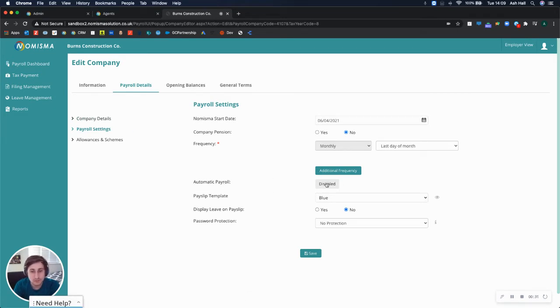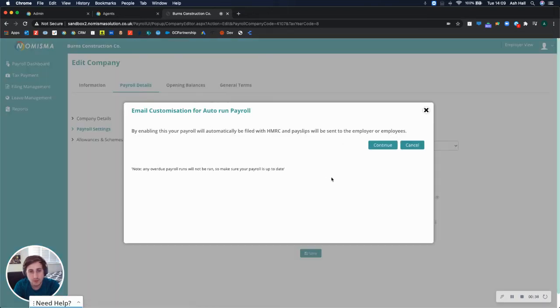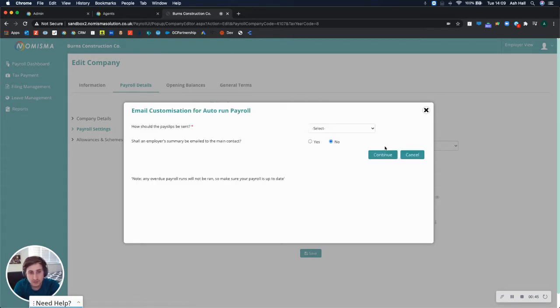It's currently disabled, but if you select that, it comes up with a pop-up that says, by enabling this, your payroll will automatically be filed with HMRC and payslips will be sent to the employer or employees. You can select continue. And then, how should the payslips be sent? You can select either to email them to the main contact, to the employees themselves, via the portal, or don't send them. I'm going to select via the portal, and there is another video that shows you exactly how to set up an employee payroll portal, and they can either log in through their computer or